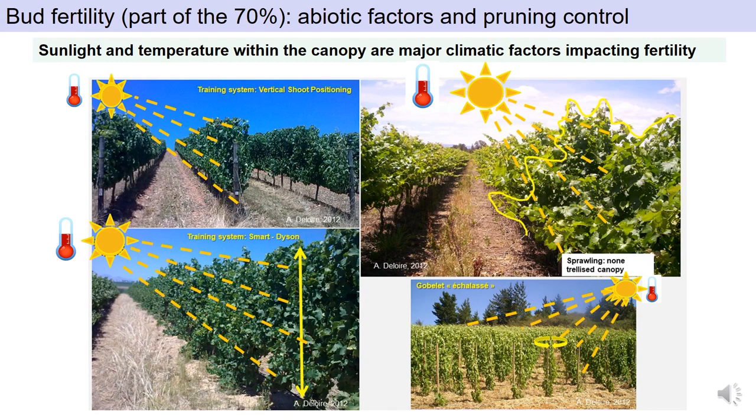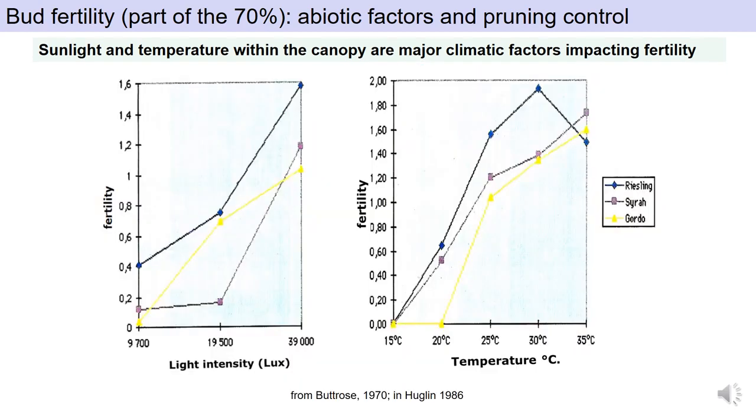So again, to make a long story short, the main role of a training system is to help to manage canopy and bunch microclimate, of course with cultural practices. Those 2 figures are nicely showing the effect of light and temperature on the differentiation of the latent bud, I mean on the differentiation of the future primary shoot and